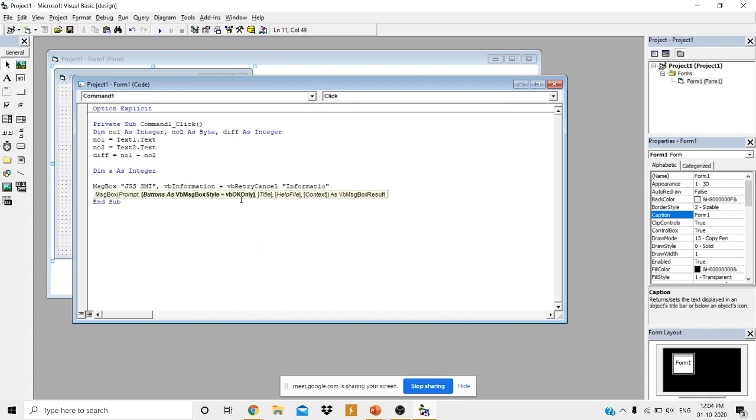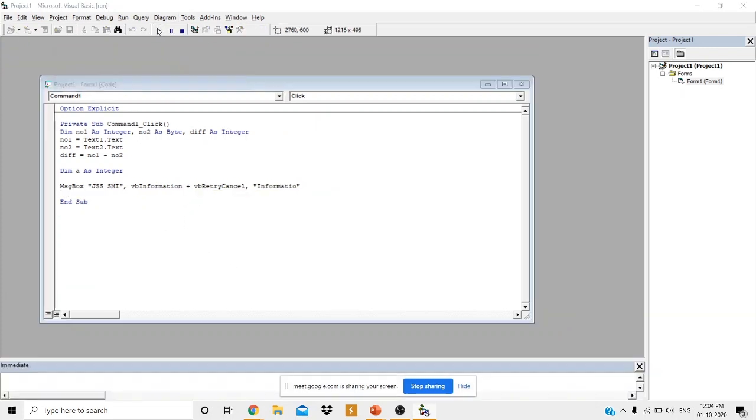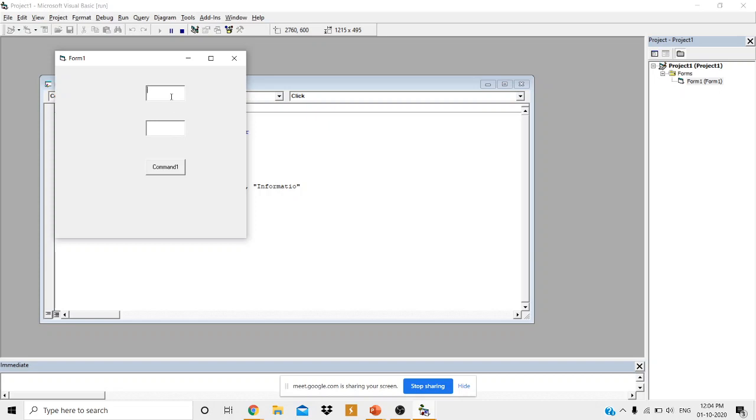Then after that we separate the title by a comma. Now I will run the application. See, you can observe Information as the title, then JSSMI as the string, then this is the icon, and now the buttons are changed here, Retry and Cancel. Got it?